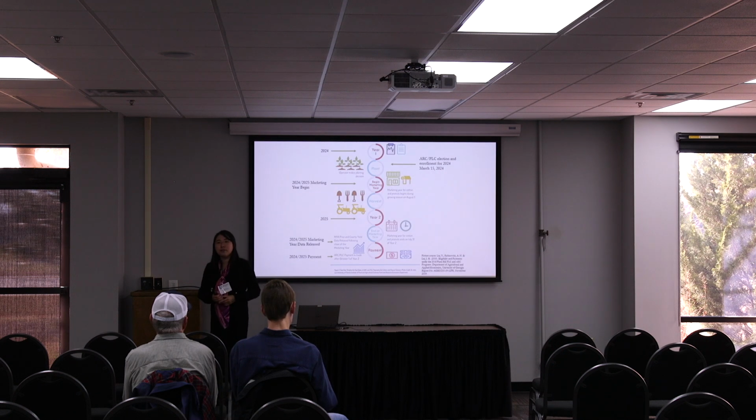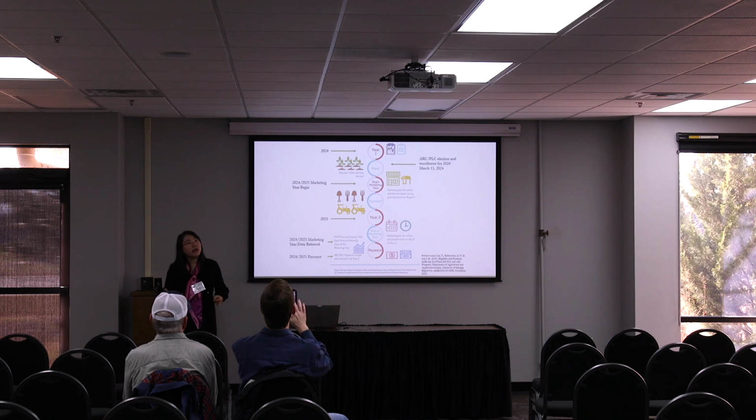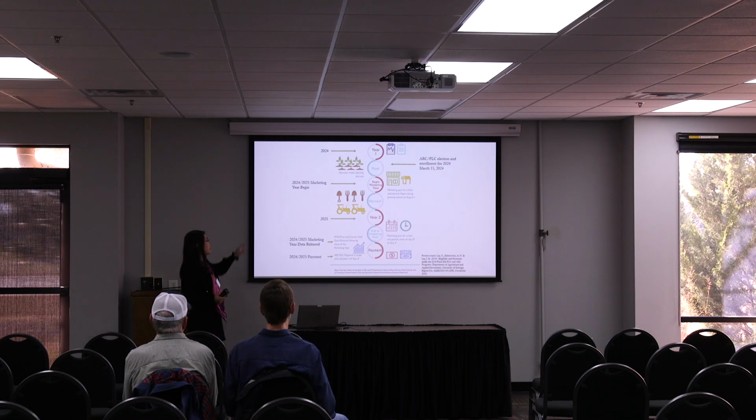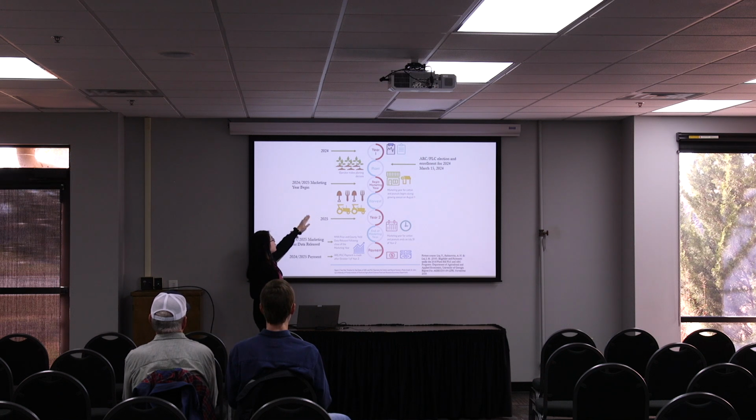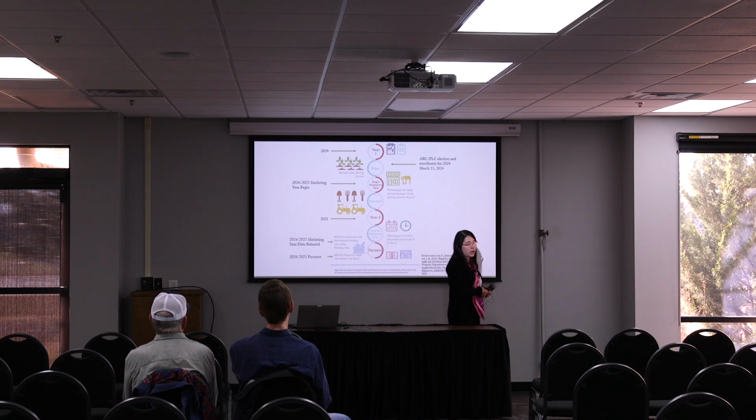Every year I get a lot of questions from agents and producers about when I can expect to get my ARC and PLC payment, if there is any. I get this question so often that I made a chart to make it clear. Right now, we are at the beginning of 2024, and enrollment and election is at the deadline of March 15. Then we go through the entire marketing year for the 2024 crop. The end of the marketing year for the 2024 crop is July 31st of 2025.